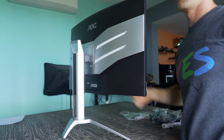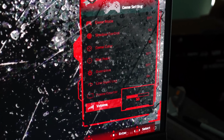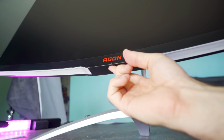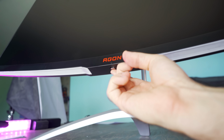It was very firm and had a tight build quality. Moving through the OSD, I think AOC have absolutely nailed this. You get a D-pad on the bottom where you can easily go through all the different settings. And speaking of the settings themselves, it's very in-depth, gives you full control of things like shadows, and it's also